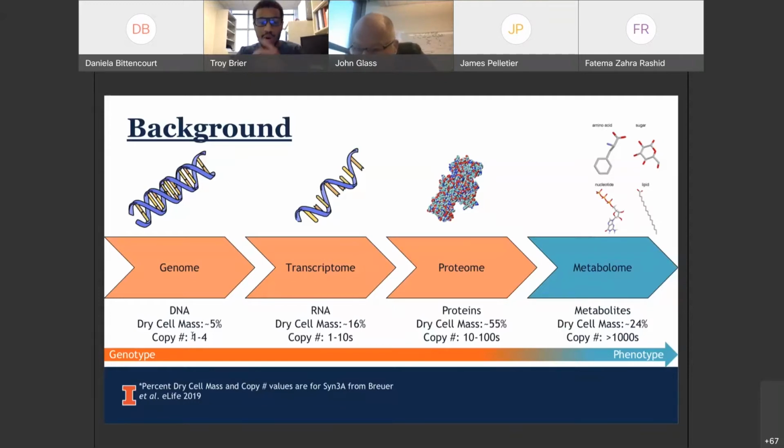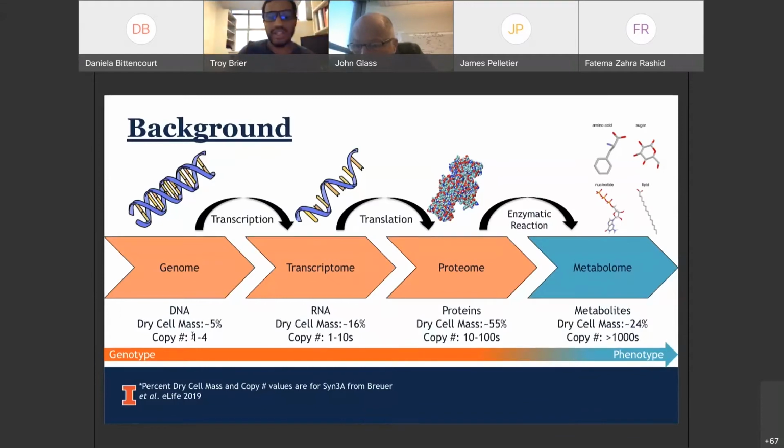Again, we describe these components, or the states of these components, by the numbers of the species involved. What you're all probably familiar with is that all of these different component levels are connected through different processes. I have some of the major ones depicted here: transcription, translation, and enzymatic reactions. But what's also important to note, and I don't have this shown, is that these levels going from genome to metabolome can impact each other in this direction of genotype to phenotype, but there's also feedback control at the metabolome level, let's say in the precursors, like the nucleotides being used to construct the genome or